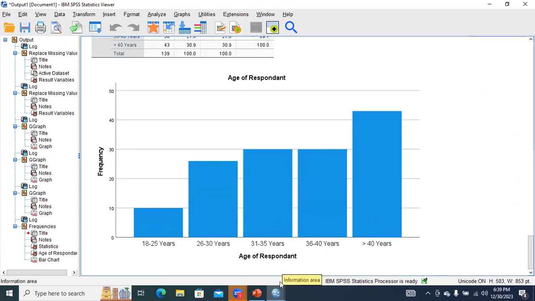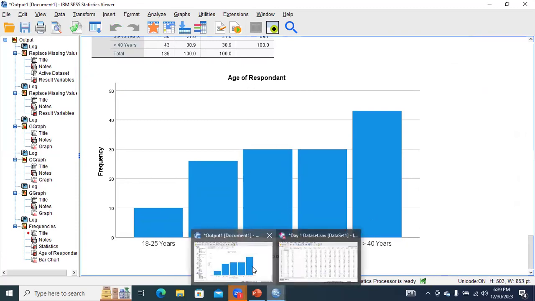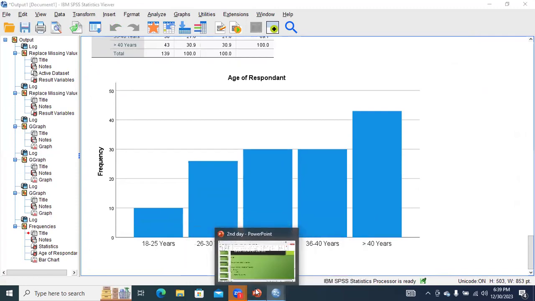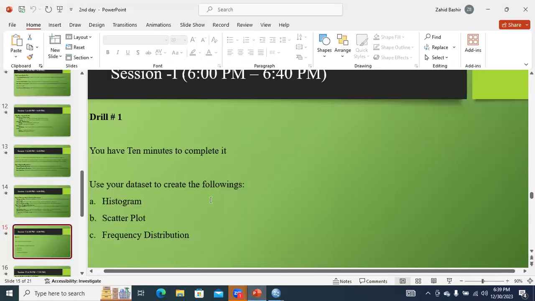The time is going to end for the first session. There is a task attached with this discussion. I will be online again after 10 minutes. So you need to complete this drill. Please take a screenshot of this drill. You have 10 minutes to complete it. Use your data set to create the following: histogram, scatter plot, or frequency distribution of any of the variables. If the variable is not created, you need to calculate the composite variable and create the histogram and scatter plots. In case of scatter plots, you need two variables. In case of histogram or frequency distribution, you need